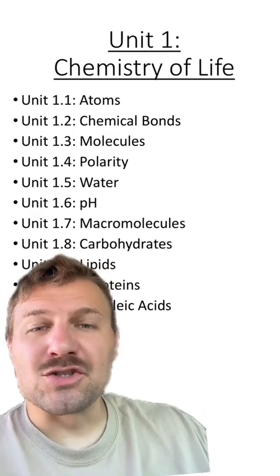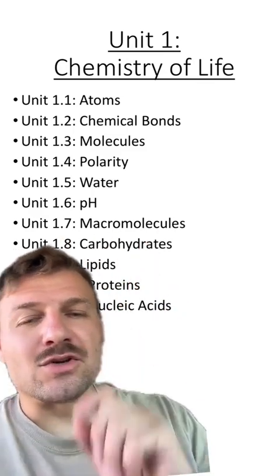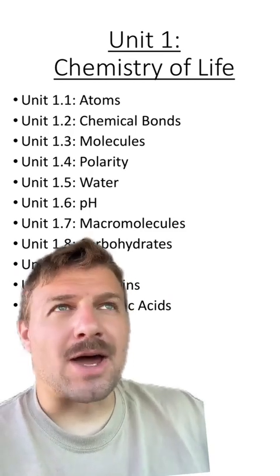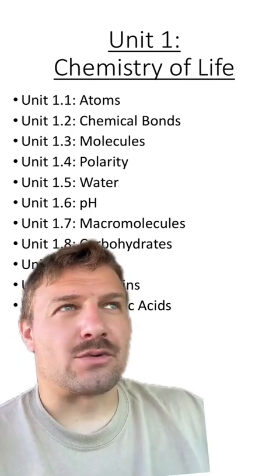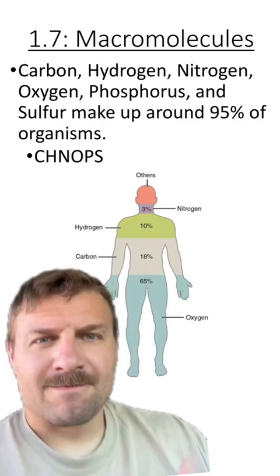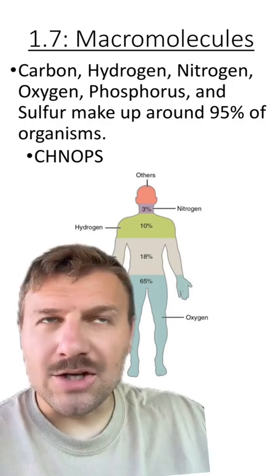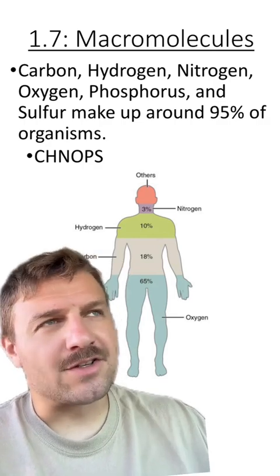Hello AP Biology students, we're going to go over the 7th section in Unit 1 about macromolecules. And in this section, we're going to generally talk about the 4 different macromolecules and the reactions that create or break them down. First of all, these macromolecules are mainly comprised of carbon, hydrogen, nitrogen, oxygen, phosphorus, and sulfur,